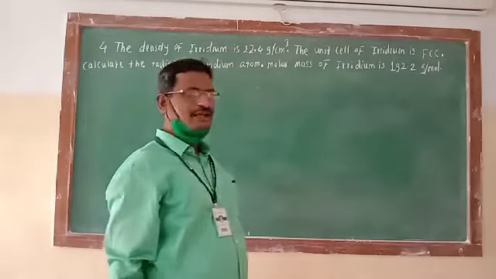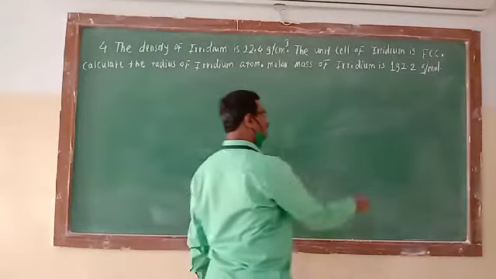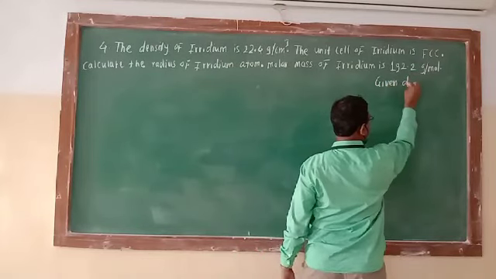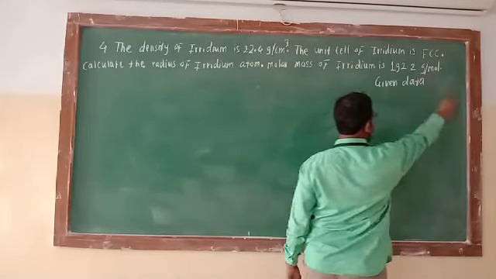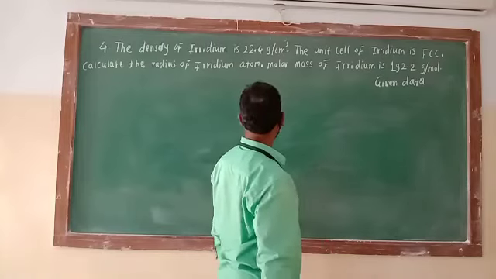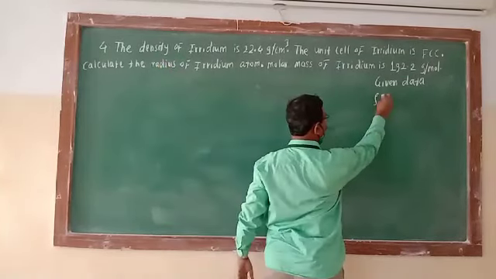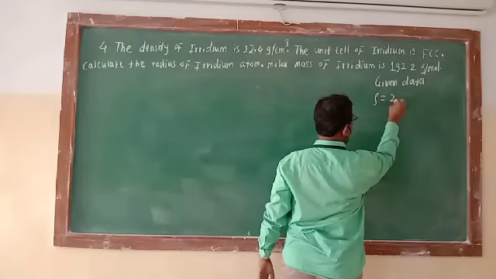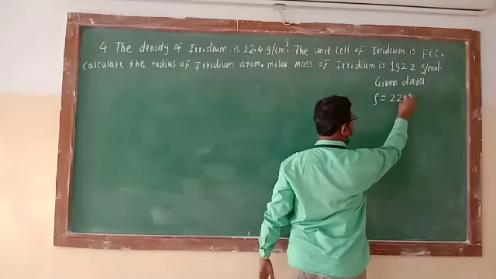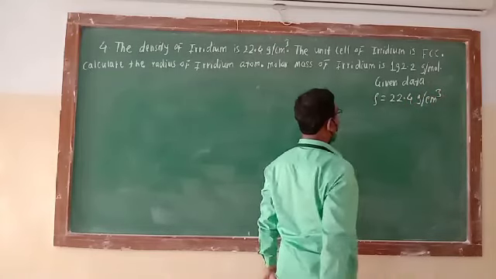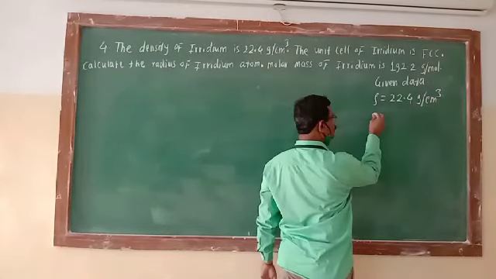While solving any problem, we know that first of all we have to write the given data of the problem. So what is given over here? They have given density rho. It is given as 22.4 gram per centimeter cube. Then the structure is unit cell is